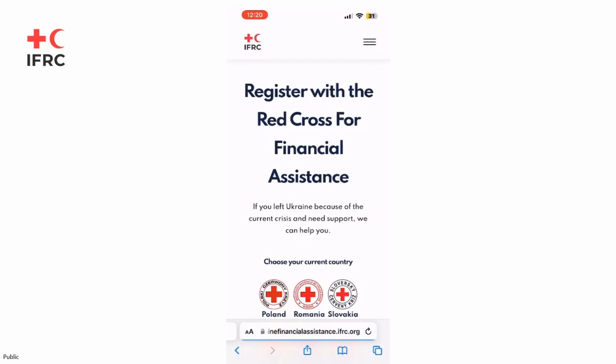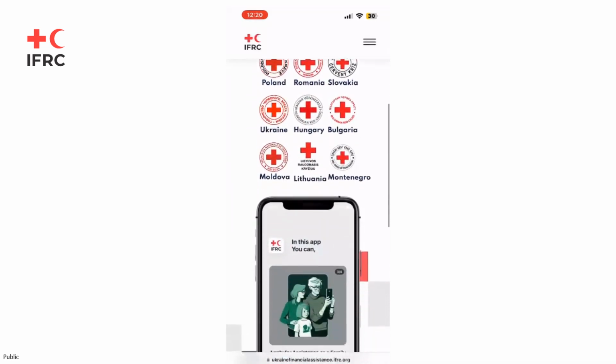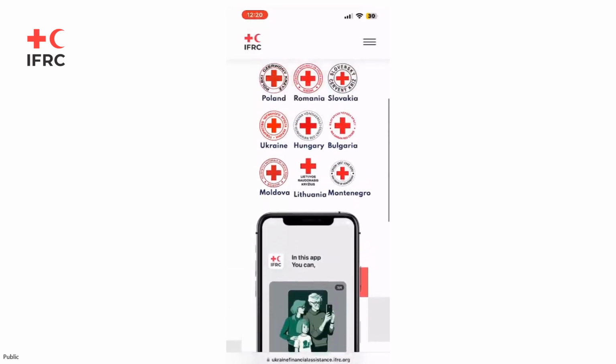Let me show you how this all works in practice. The first step is for someone to hear about AccessRC and download it on their phone. The way we did that for the Ukraine response might be the same or different in other contexts, but this was the first time we've ever used it, so there wasn't a whole lot of knowledge about it, and we felt we needed to build some confidence that this was a bona fide application being used by national societies. So in this instance, we did that by hosting a landing page on the IFRC domain,